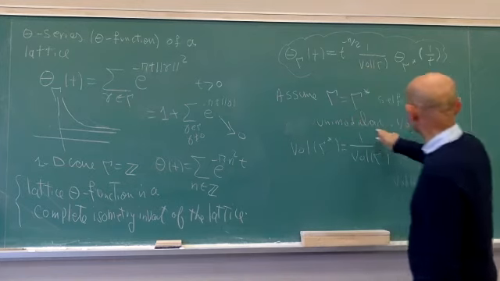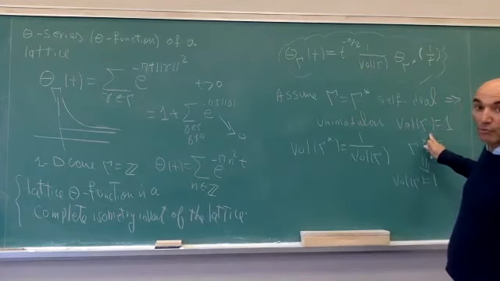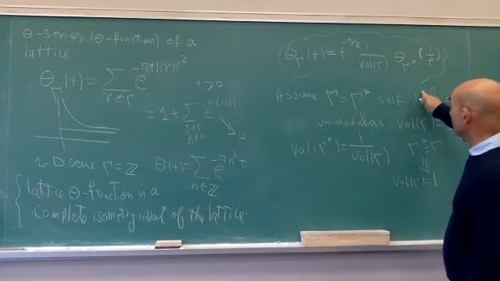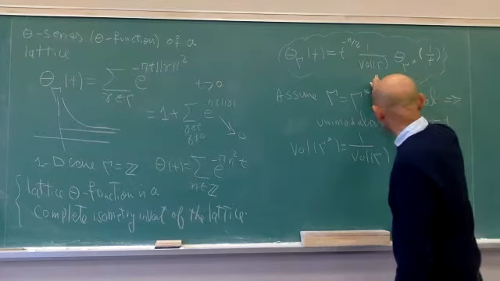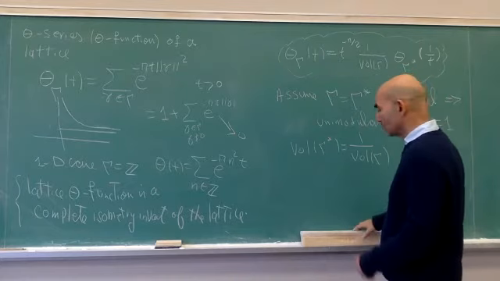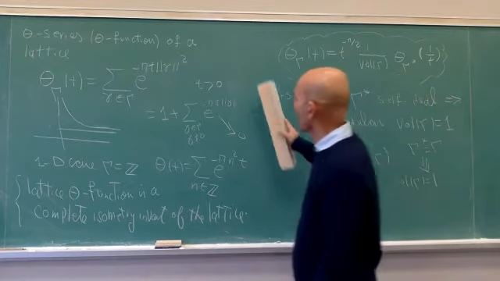So unimodularity follows, volume of gamma is equal to 1. If you have a lattice that's self-dual, then volume is 1 also, and then we get this beautiful equation, which is